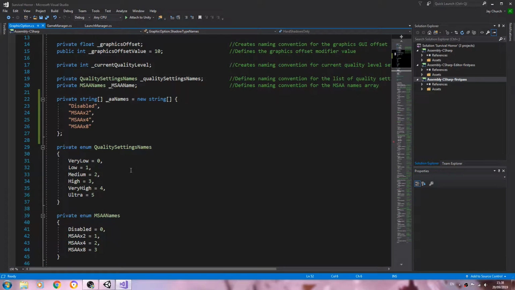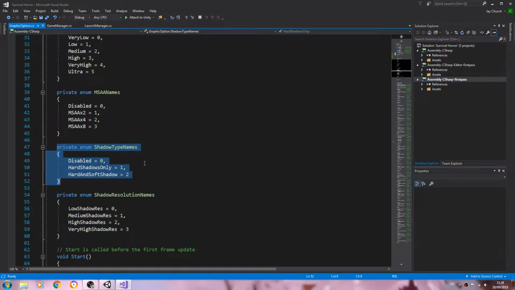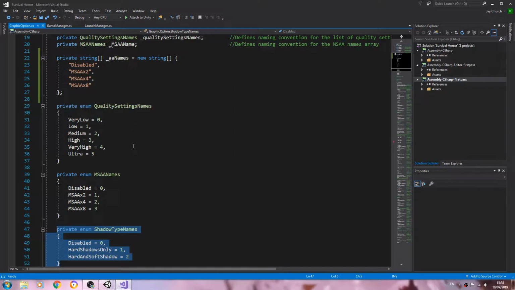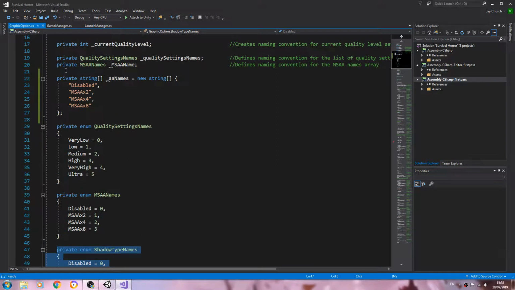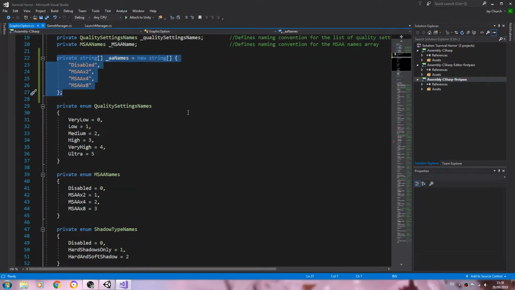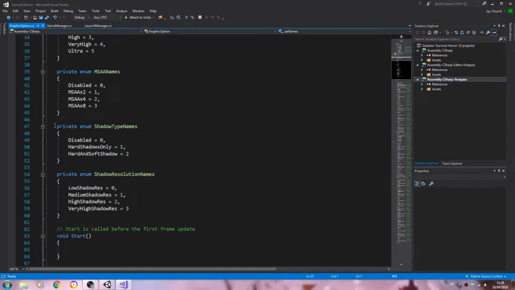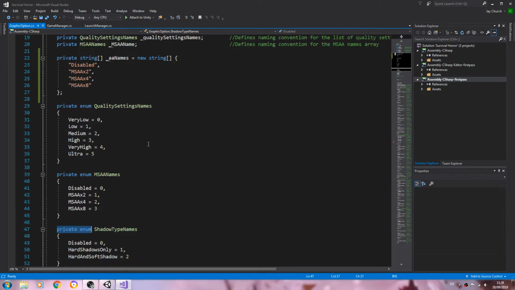The reason why is I've had a few issues when it comes to saving, and sometimes it's being overridden. So the easiest way to fix this is we're actually going to do the same as we did for the anti-aliasing. So we'll need to change this block, but